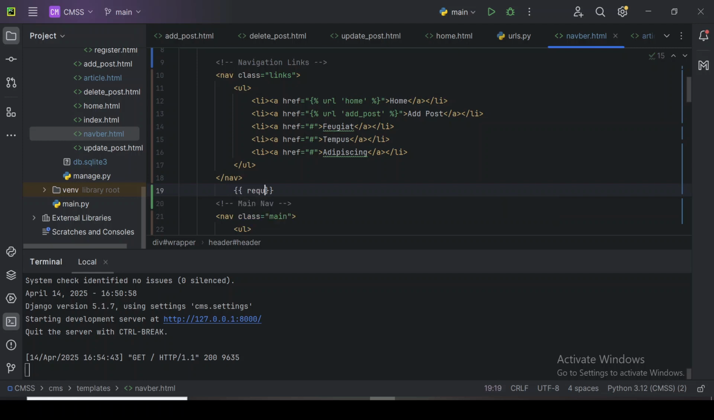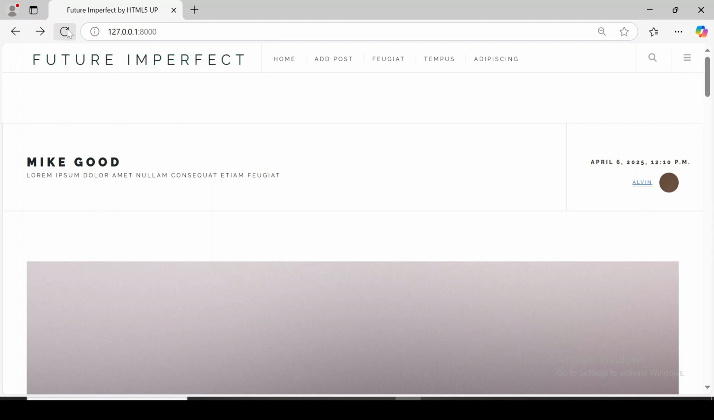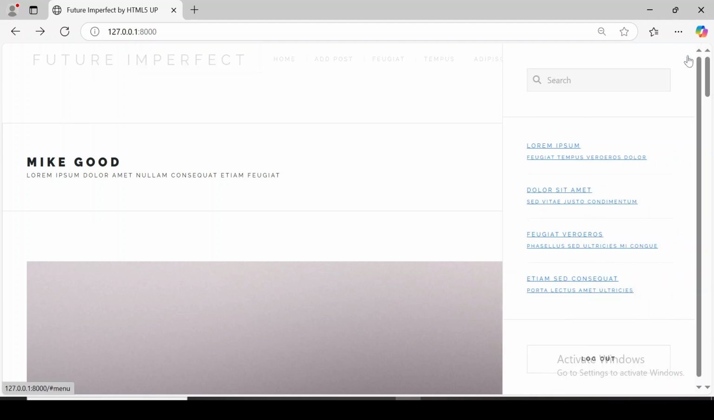What I'm going to do is something like this: request the user. I'm trying to request the user because I want to know who is logged in and who is not logged in. So let's see what we have here. Okay, request the user is Mike, meaning this is showing me that Mike is the person that is logged in. So if I try to log out now,